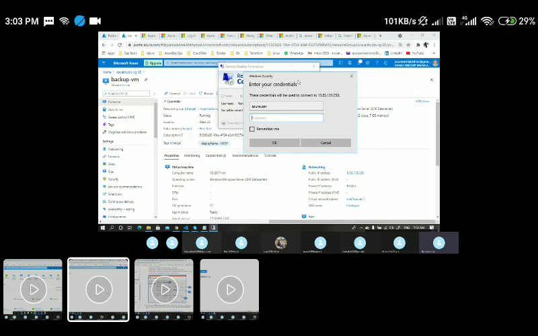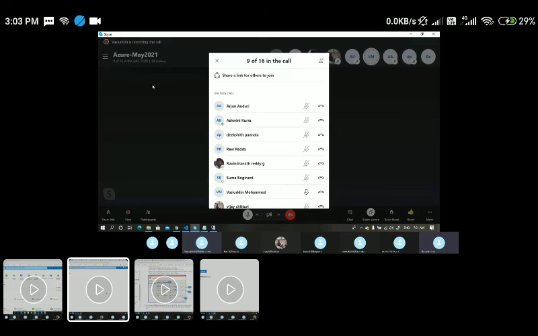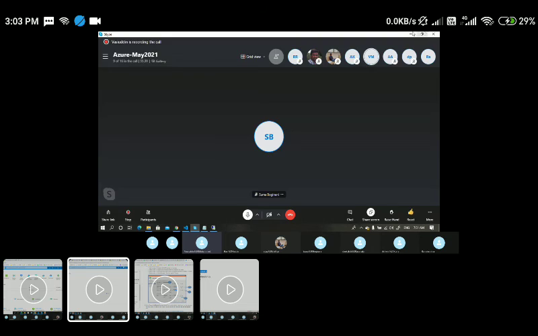I'll just pass the password here. We'll just validate whether the credentials are the same or not. It should be the same, because it's a snapshot. There are no changes happening.